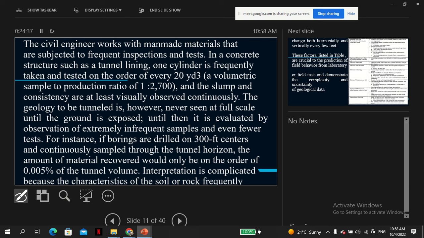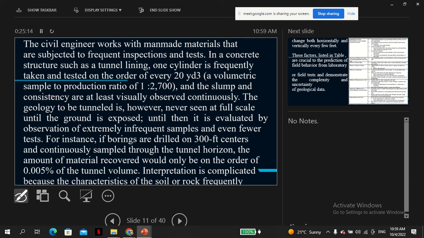Anyway, the point here is that for things like concrete, you can have an active way to assess the quality and in a fairly consistent way. Because if in doubt, you just take the sample, you do the testing, the slump test, or whatever kind of testing you need. You can even ascertain the compressive or tensile strength if you want. But for a tunnel, by virtue of the fact that it's underground, you cannot recover very many samples to